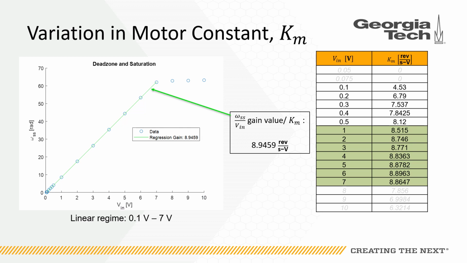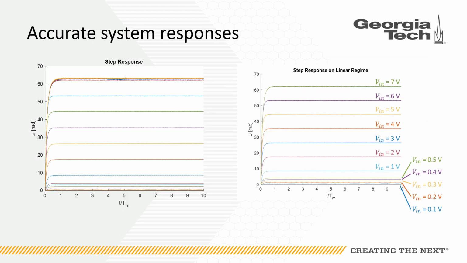The low Km values below 1 volt are a result of the model not accounting for the signal noise and friction that the flywheel is more susceptible to at low voltages, even though they are past the dead zone. These figures of step responses show that as the input voltage increases, the steady-state angular velocity value also increases. Using the linear range of voltages determined previously, the step response plot was modified to more accurately represent the system